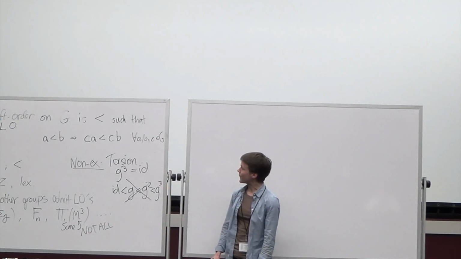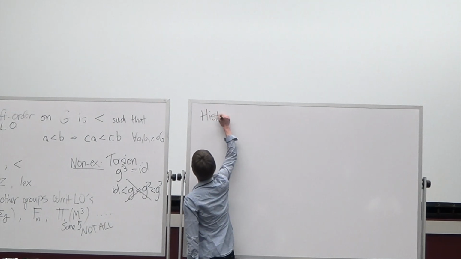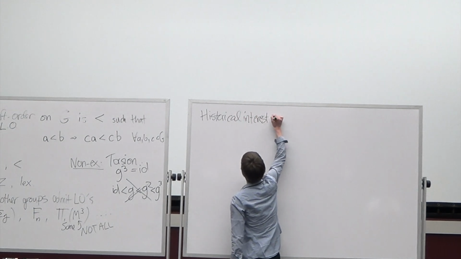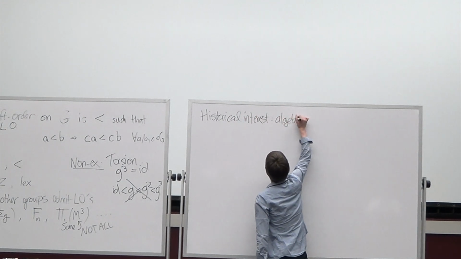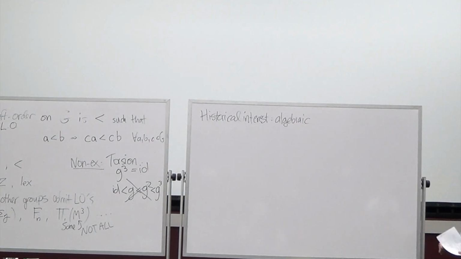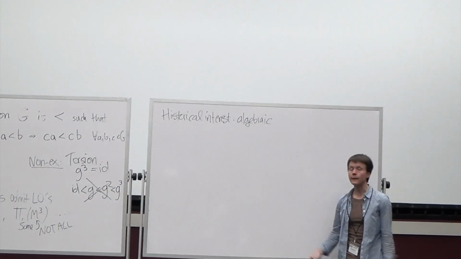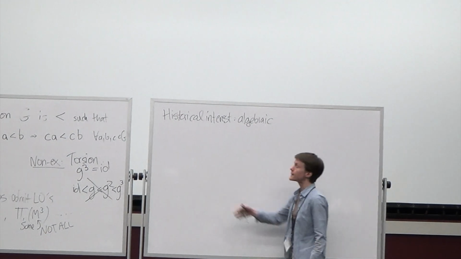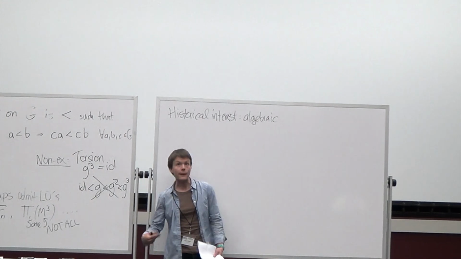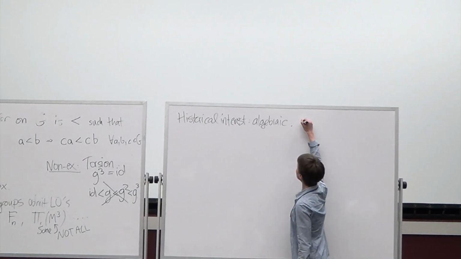So why do we care about these? The historical interest in this kind of stuff was primarily algebraic. So this goes two ways. One is you might ask, what classes of groups admit these things? And then the other way is you might be like, oh, well, a group with this extra structure, what properties does it have? Okay, so in two examples, one in each direction,